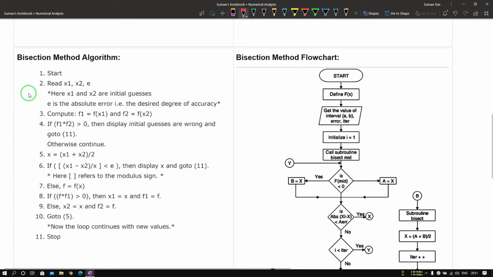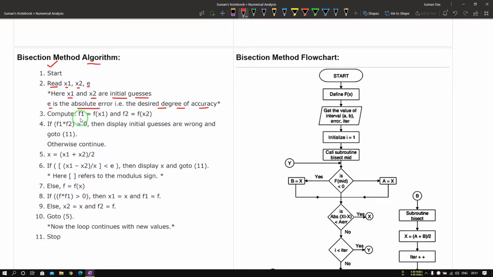According to the bisection method algorithm, we start, then we read x1, x2 and e. x1 and x2 are the initial guesses, that means the range of the root, and e is the absolute error, that is the desired degree of accuracy.